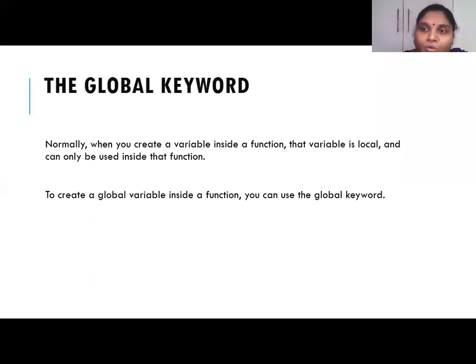But if I want to create a global variable inside a function, then what we can do is use the keyword called global. If I am not telling anything about that particular variable, automatically it becomes a local variable, so I can make use of it only inside my function. So for that purpose, I'm making use of one keyword called global, so that even though a variable is inside a function, by seeing the keyword global, it is automatically understood that it is a global variable.